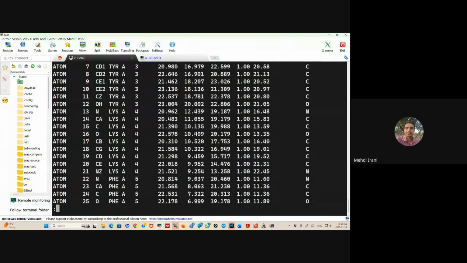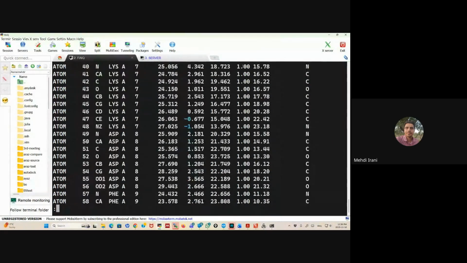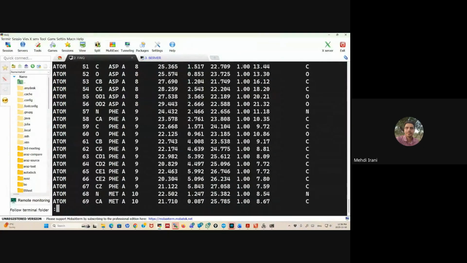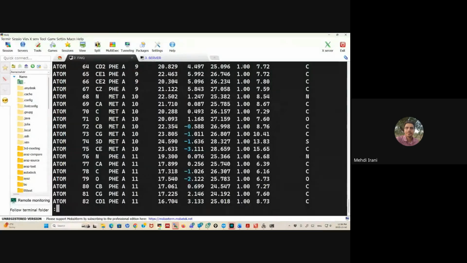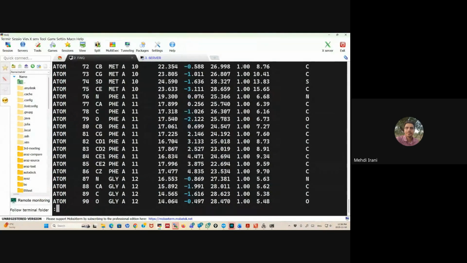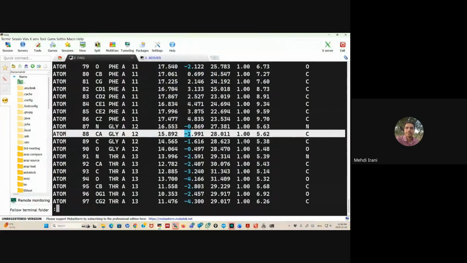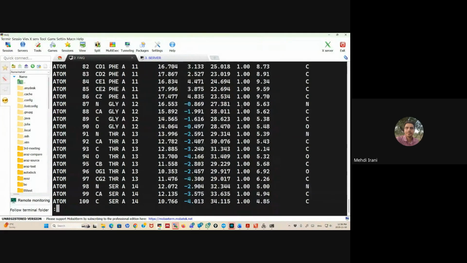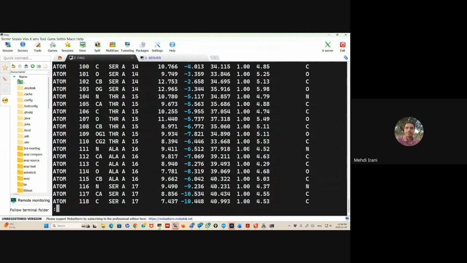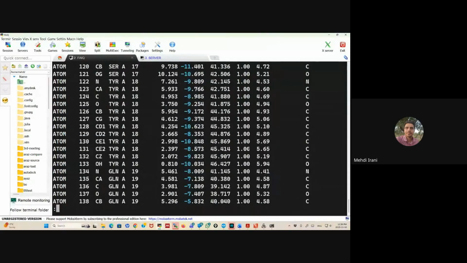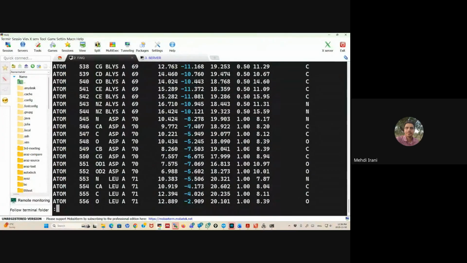But for some atoms, the occupancy is lower than 1, and for some atoms there are alternative locations. Crystallographers suggested alternative locations for some atoms. To find out which atoms have alternative locations, we have to watch this column. As you see, it's very time consuming and hard work to watch this column and find which atom or residue have